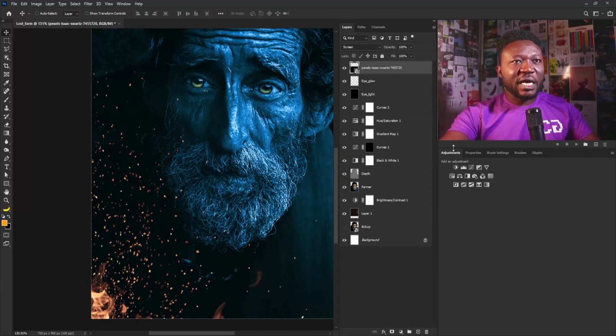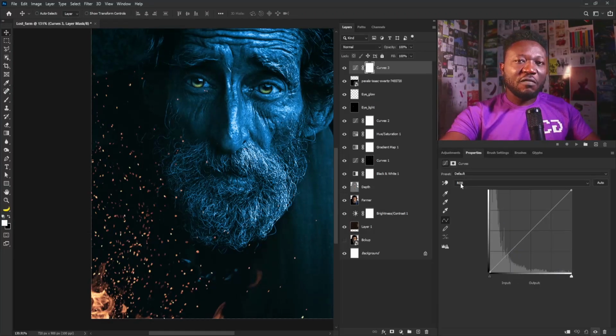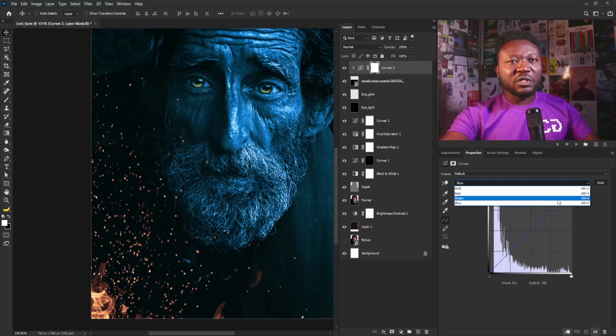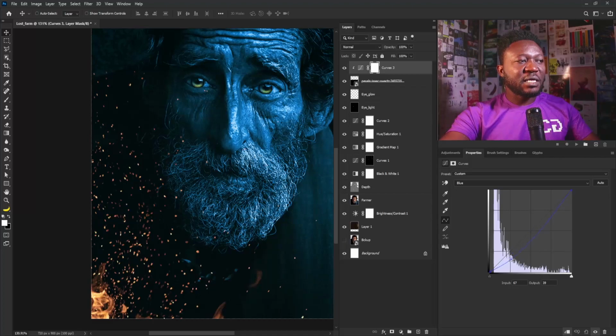So I'm going to go to the adjustment tab here and activate curve adjustment. And what I'm going to do is to go to the RGB option here and click on blue. All right, and I'm going to say I want this to apply to just only the flame layer. All right, so I'm going to dial my blue down, but before I do that, I need you guys to know that the opposite of blue here is yellow, the opposite of green here is magenta, and the opposite of red here is cyan. So since the opposite of blue here is yellow, I'm going to click on this and dial this down to add yellow to